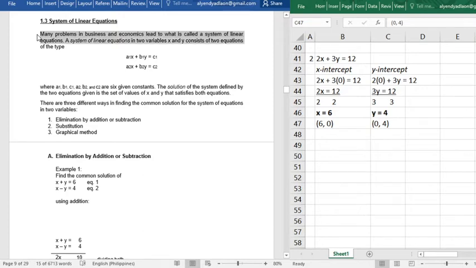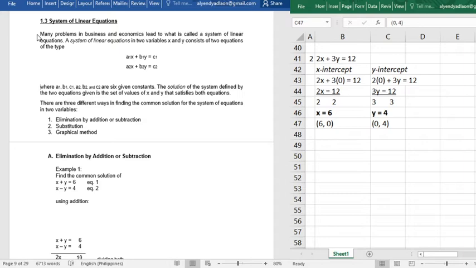A system of linear equations in two variables x and y consists of two equations of the type a1x plus b1y equals c1, a2x plus b2y equals c2, where a sub 1, b sub 1, and c sub 1, a sub 2, b sub 2, and c sub 2 are six given constants. The solution of the system defined by the two equations given is the set of values of x and y